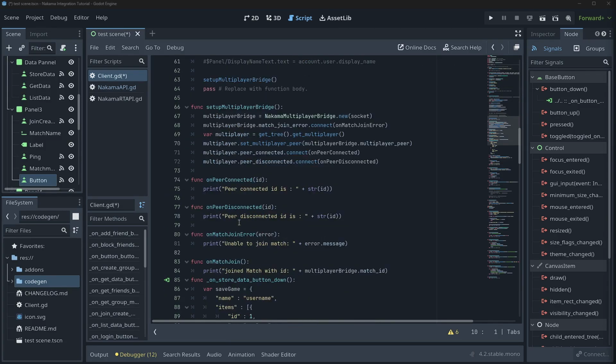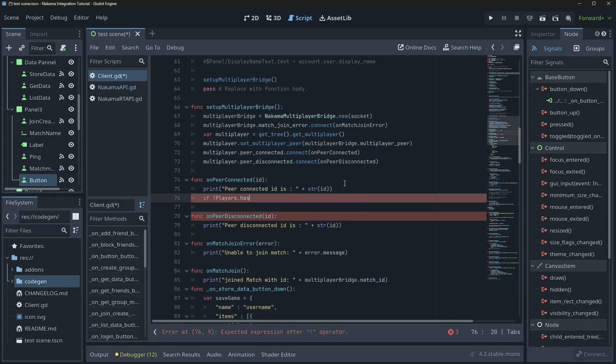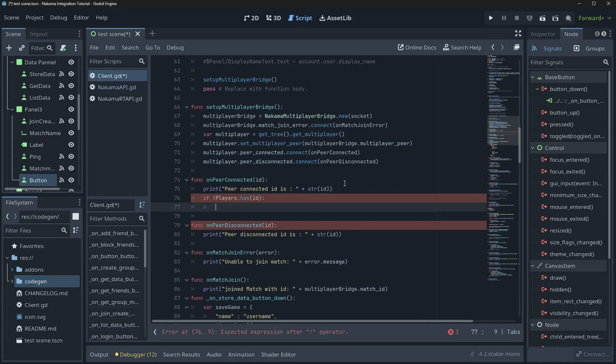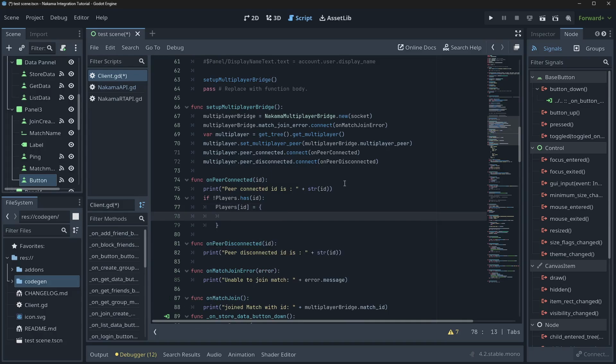There's a section on peer connected right here. Peer connected is this. So what we'll do is say if not players.has, and we'll pass in ID like so. And then we'll just hook it in. So we'll say players[ID] is equal to a dictionary, and then we'll pass in name, peer ID